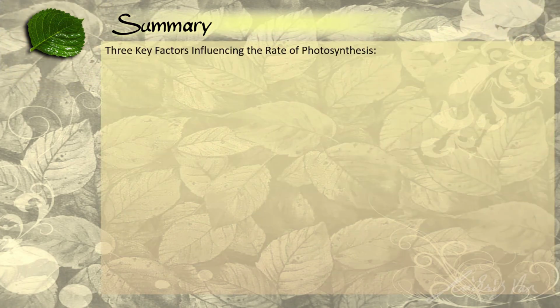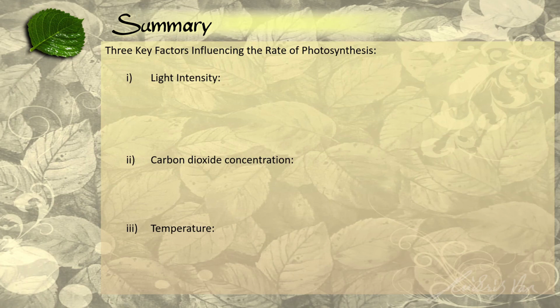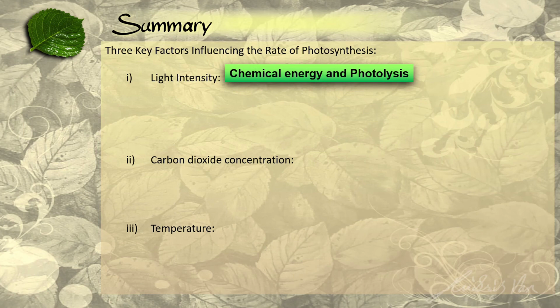So to summarize everything in words, photosynthesis is influenced by three factors. At least for your O-level syllabus, it is three factors. They are light intensity, carbon dioxide concentration, as well as temperature. Why does light intensity affect the rate of photosynthesis? It is because light is responsible for the amount of chemical energy you have to convert carbon dioxide into glucose, as well as photolysis of water molecules. So at low light intensity,